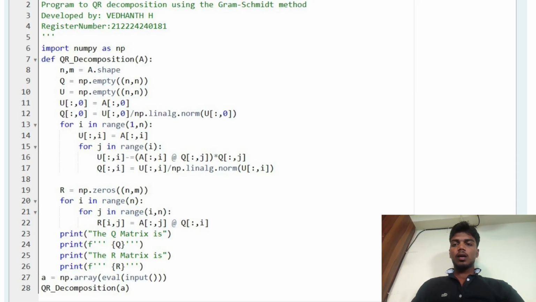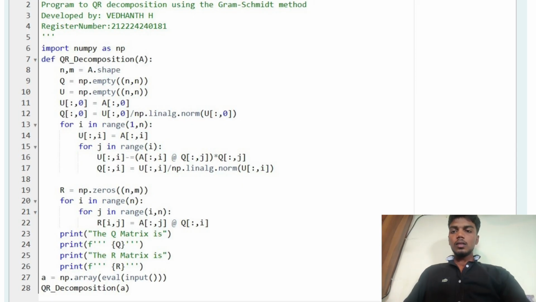Here capital R is initialized as a matrix of the same dimensions as A, and each entry is calculated as the dot product of columns of A and Q. The for loop, that is for i in range n, for j in range i to m, ensures that R is triangular because it only computes values of R i comma j when j is greater than or equal to i. So the fifth step, that we have to print the results, that is print Q and